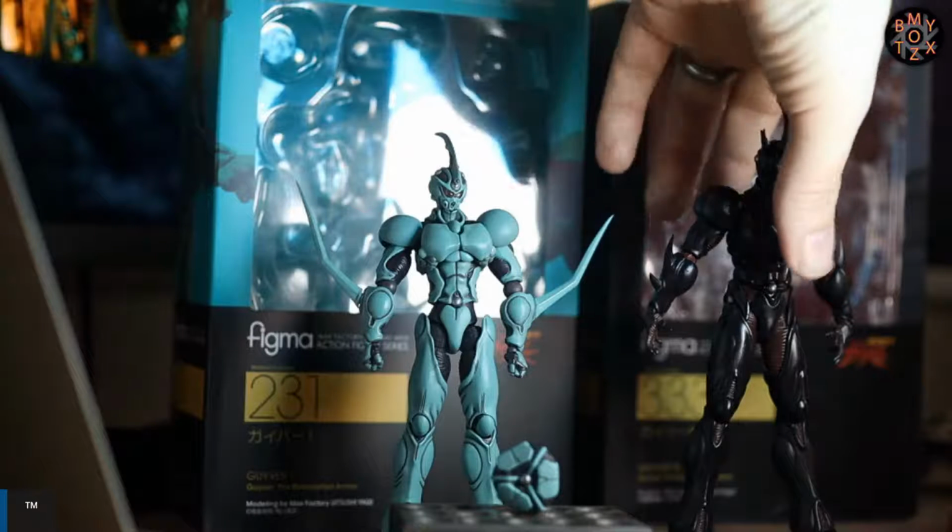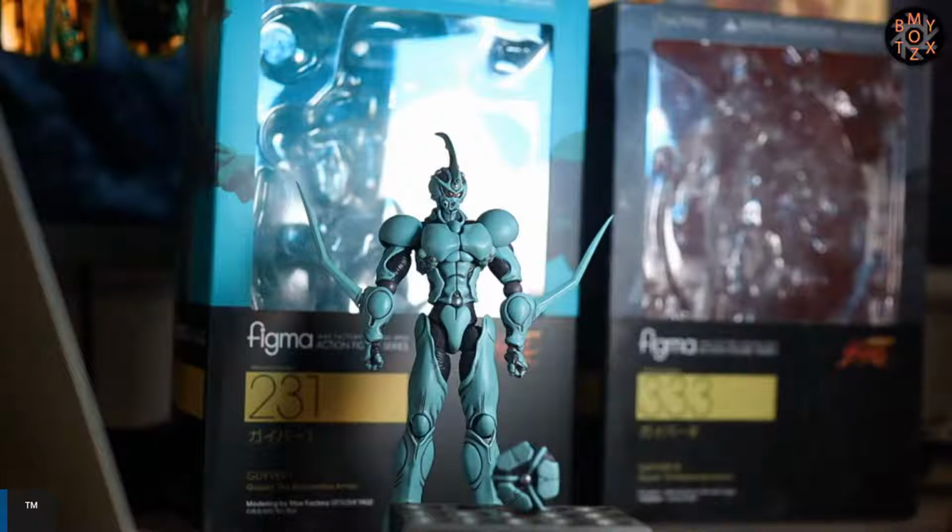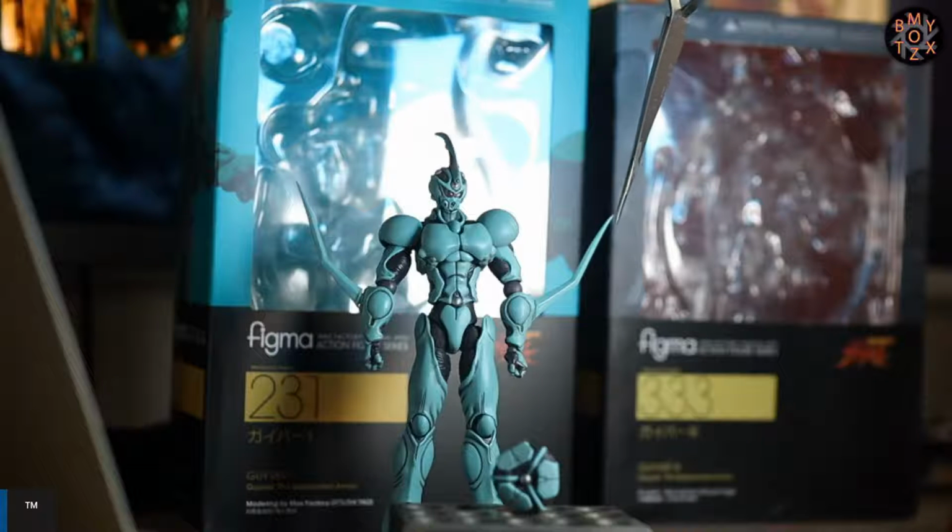But Guyver 3, of course, is bigger. And I'm going to show you the trick either way, just because I'm not going to actually do it. But what you do if you get one and your blades are loose and they're not fitting, like they won't just stay in, I don't think you're going to have that problem with Guyver 1 so much. I think his blades are probably okay across the board. I can't say for sure, though. I only got the one. Well, I got two, but only one set of blades. But if they don't fit properly, if they come out easily,